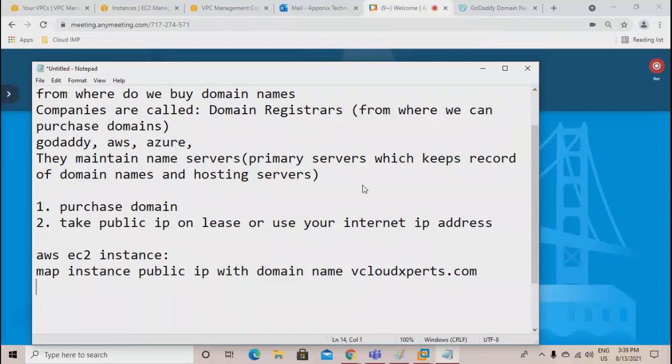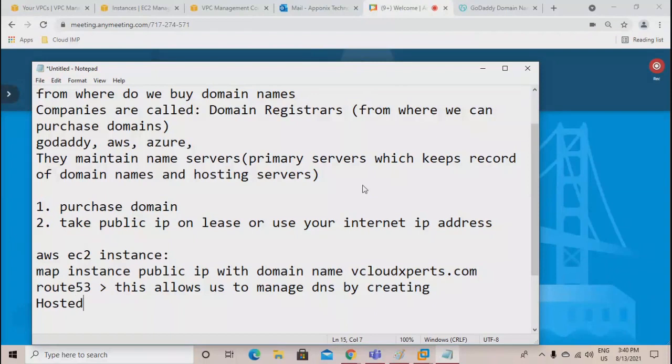Now for doing this, in Amazon you require a service called Route 53. And this allows us to manage DNS by creating hosted zones.